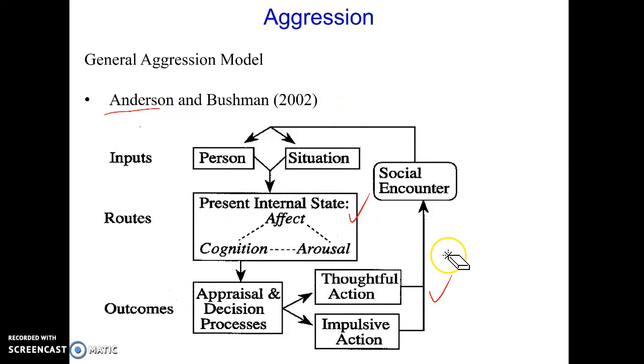Now, what's cool about the general regression model is, remember, this is the proximate model. So this is the situation that you have right in front of you right now. That's what this is here, all right? And this is how you feel right now. This is your priming right now. This is how aroused you feel right now. And this right here is how you're going to behave right now. Now, this is what's called a learning-based cycle, all right? So in reality, what's likely to happen is that every time you run through one cycle of this, like that, every time you run through one cycle,